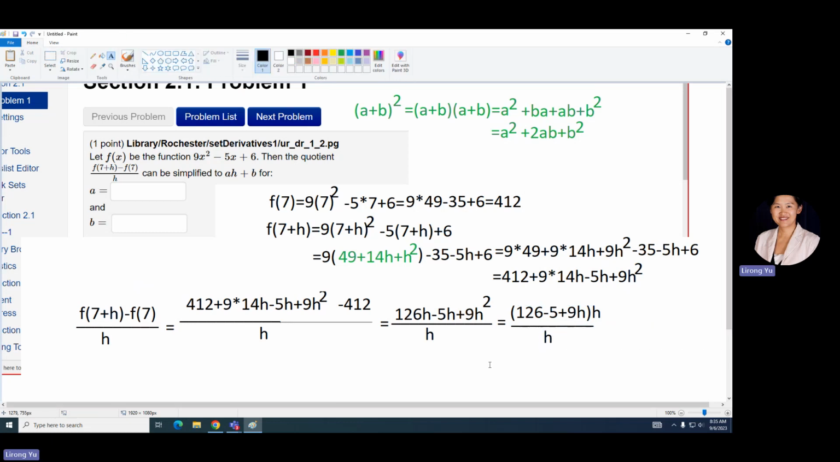At least now you realize that h is a common factor. The numerator has a factor h, and the denominator has a factor h. You cancel them. All right. So the final answer is being